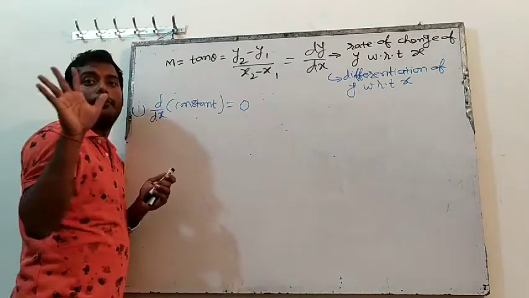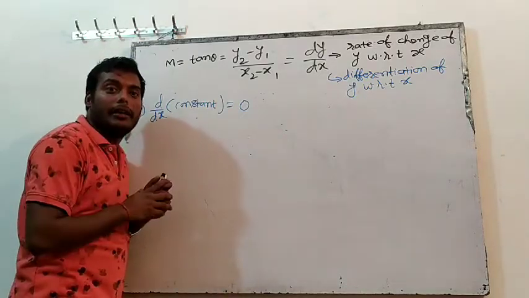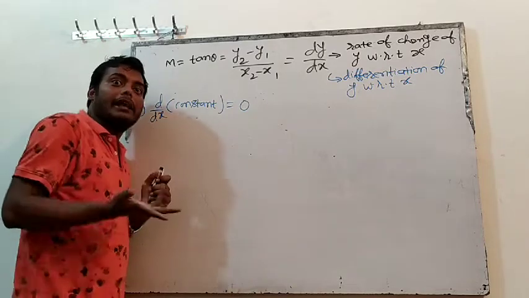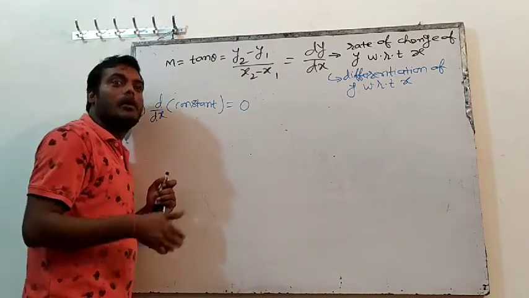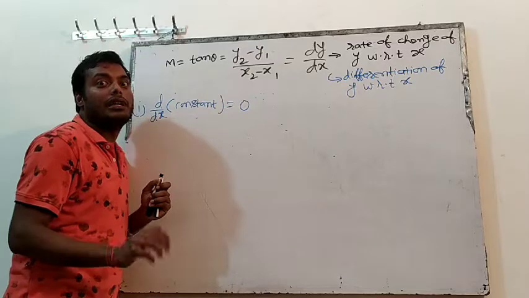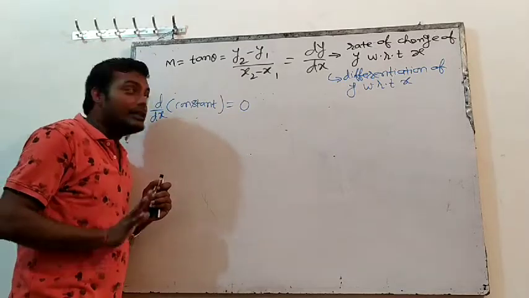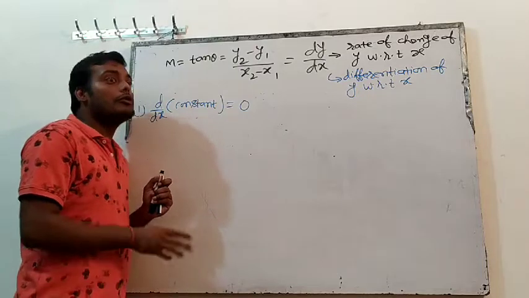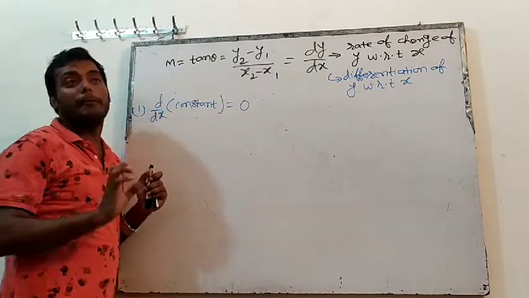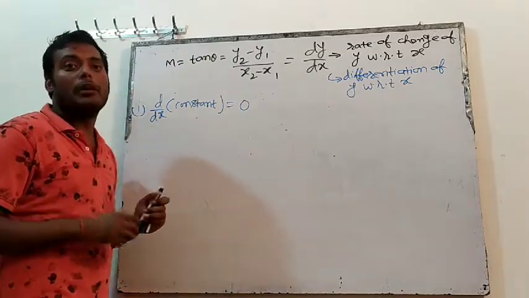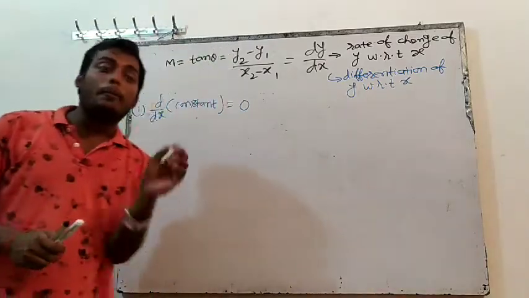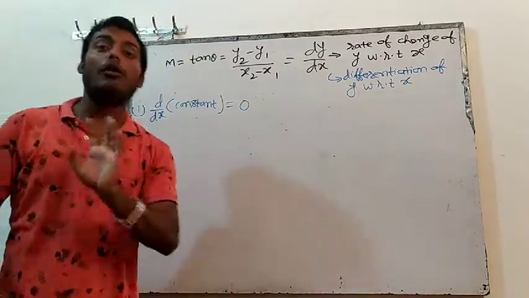For example, 5. So 5 is a constant or variable? If 5 comes in any question, whether it is chemistry or physics or math or anywhere, whether you are in Australia or in India, 5 is constant everywhere. Since 5 is constant everywhere, 5 is not variable. For example, pi. Pi value is how much? 3.14 and so on. So pi is constant everywhere throughout the universe.